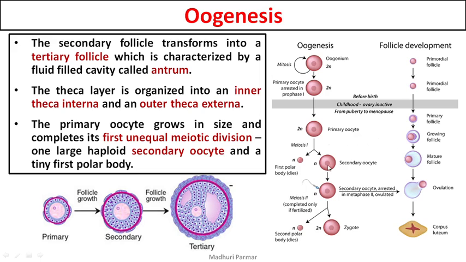तो इधर तक आप समझ लो कि you started with oogonia, जब बेबी होता है तभी, उसका बर्थ जब हो जाए, उसके after birth, ओके, all of those cells are present in primary oocyte stage only। प्राइमरी oocyte जो है वो प्रोफेज 1 में अरेस्टेड है। प्राइमरी oocyte का नंबर is 60,000 to 80,000 in each ovary, उससे ज्यादा बढ़ेंगे नहीं, सिर्फ कम ही होते जाएंगे, ठीक है।